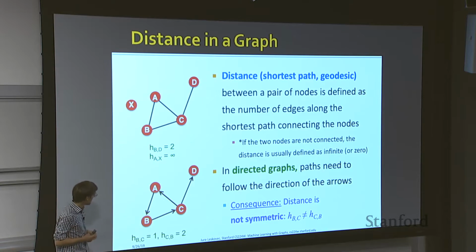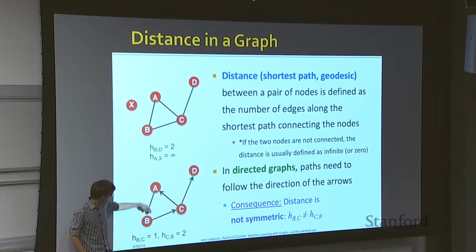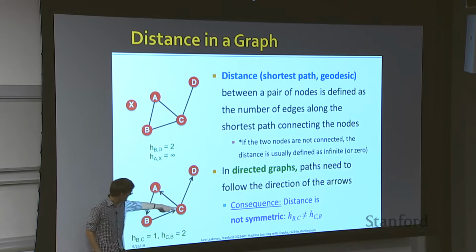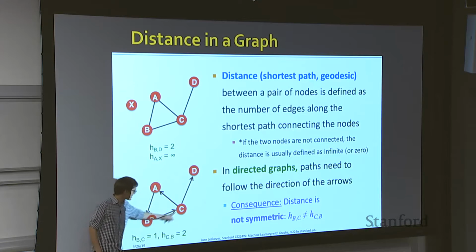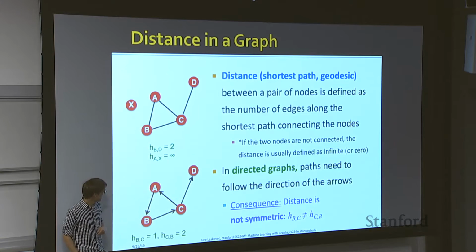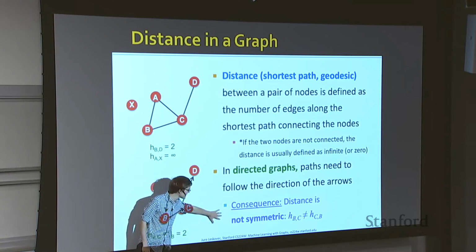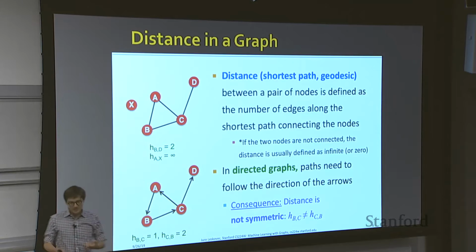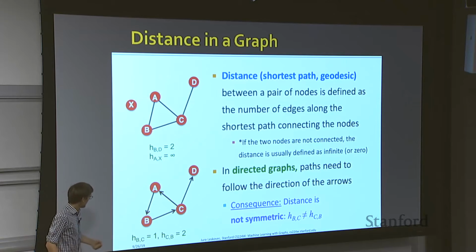So what does this mean? For example, the distance between B and C here is 1, because I can just traverse the edge, but the distance between C and B equals 2 because I go this way. Right? And what is the consequence? The consequence is that in this case, distance is not symmetric, right? It's closer